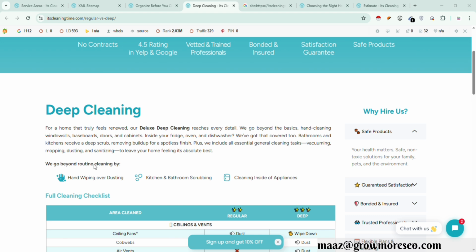The only good anchor text here is house cleaners, and cleaning time is okay, it is navigational, but it should not appear 32 times. You can have anchor text like best deep cleaner in Austin. These types of anchor text should be there. I already told you the backlinks are not worth the quality.